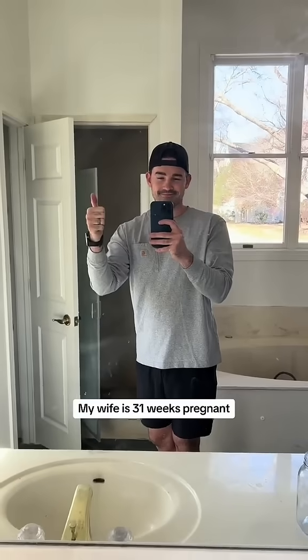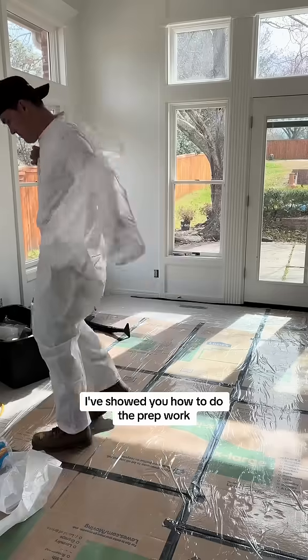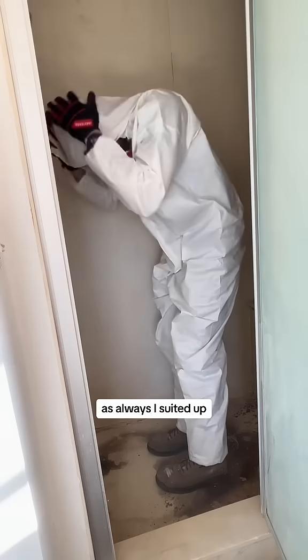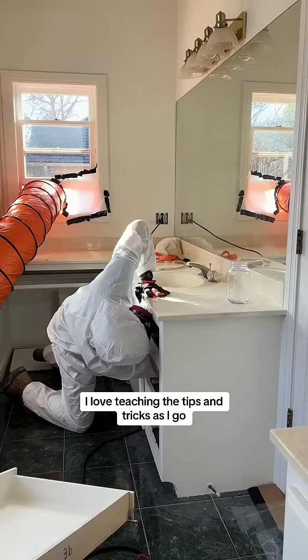My wife is 31 weeks pregnant, which means we have 9 weeks to finish this primary bathroom remodel. I've showed you how to do the prep work, and now it's time for demo. As always, I suited up, got my last shower in, and got to work. I love teaching the tips and tricks as I go, so then you can learn if you ever want to